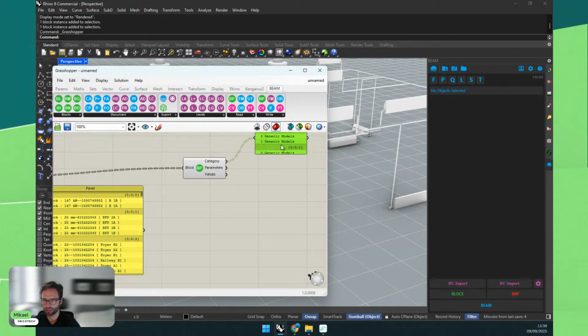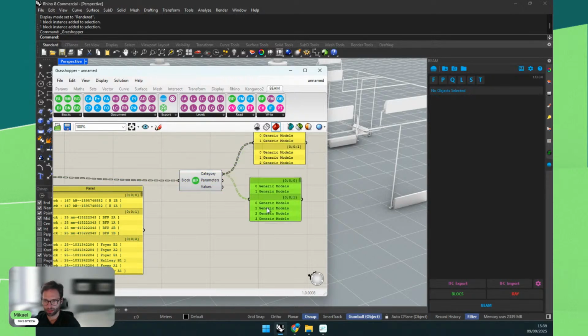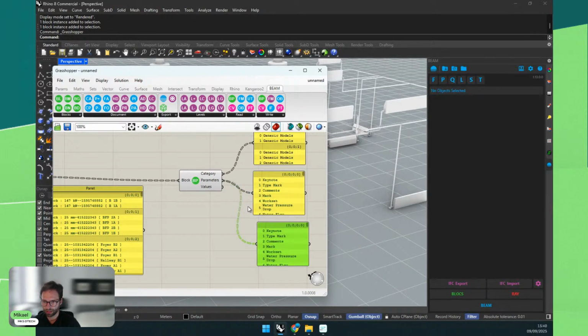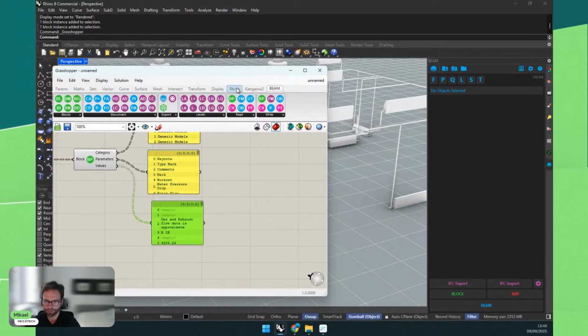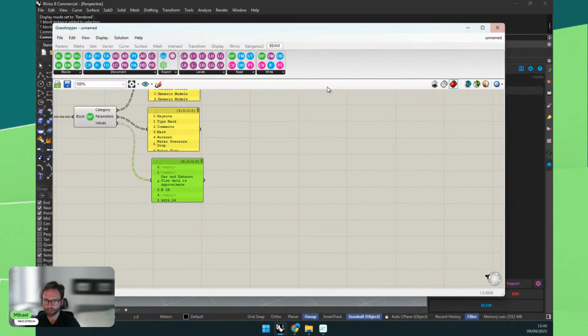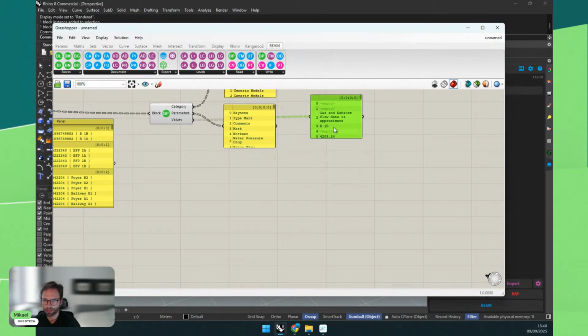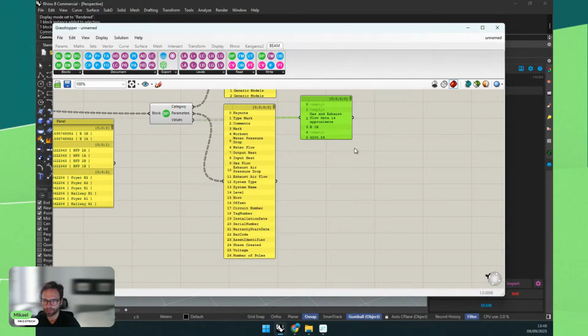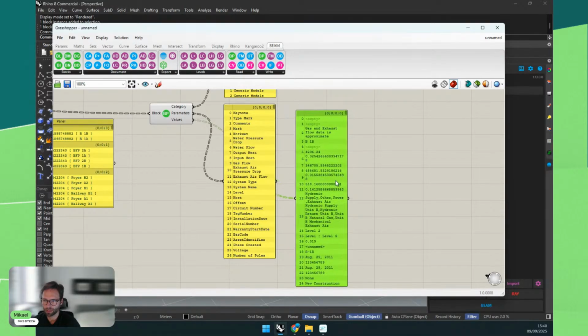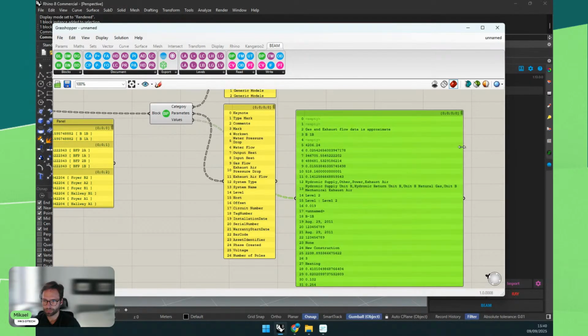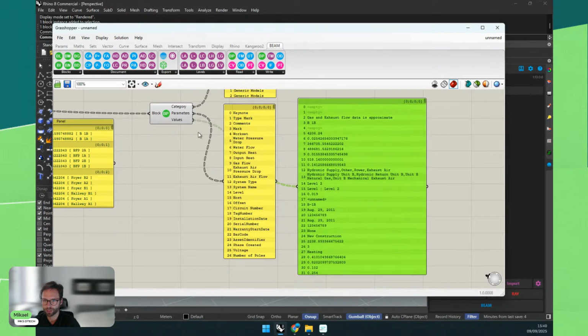Sorry, all the categories of these blocks, and importantly, the parameters. So these are the parameter names, right? And these are the parameter values. Okay, so hopefully this is clear. I will enlarge it a little bit. As you can see, it's a lot of parameters, but for each one, I have the values. Okay, and I can use that.